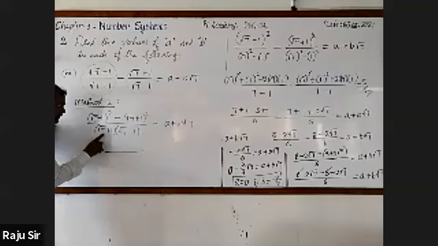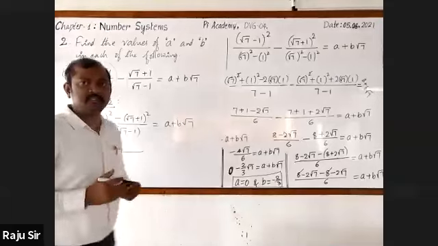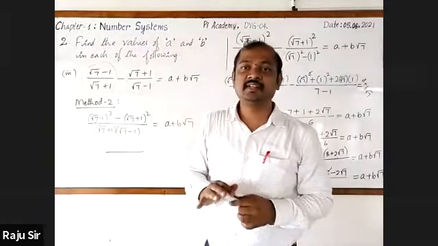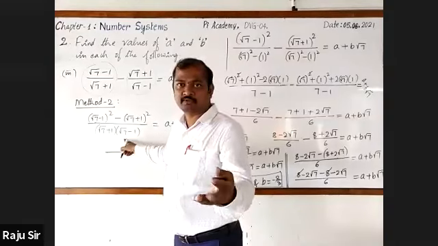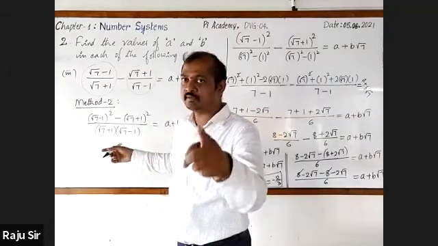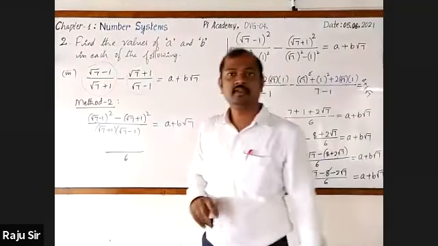Now observe, this is A square minus B square. Don't write, just listen, because I said this is the shortcut method. A plus B into A minus B is A square minus B square: root 7 whole square minus 1 square, root 7 whole square is 7, minus 1, that is 6. Got it?